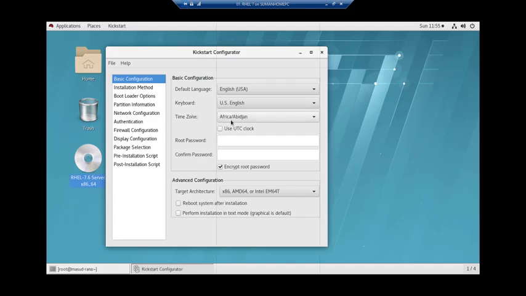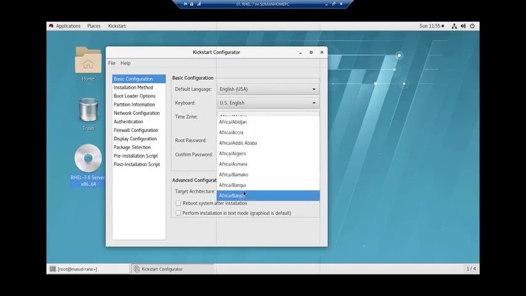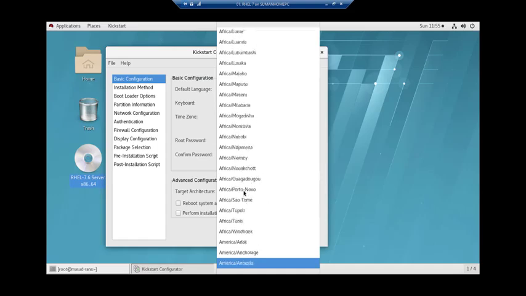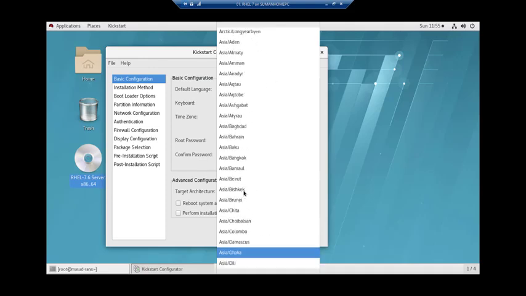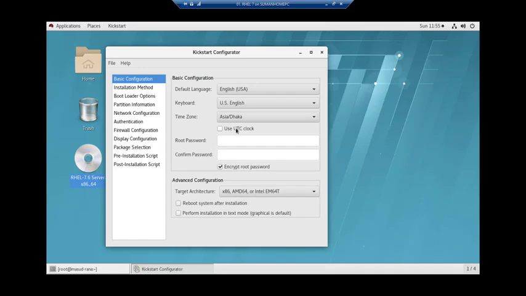My time zone I want to set as Asia/Dhaka. I can use UTC clock. For the root password, I want to set anything, say root.